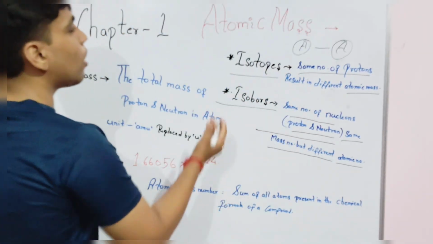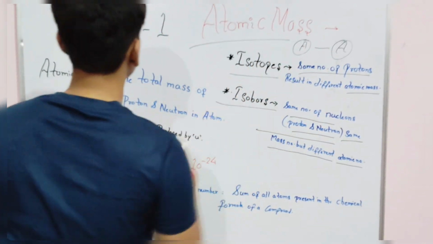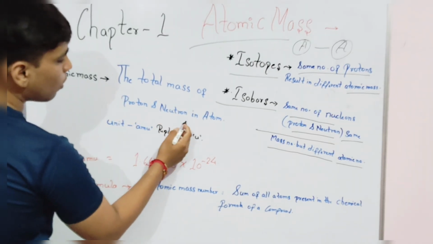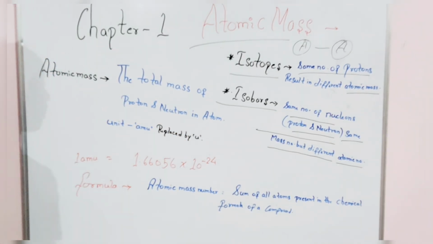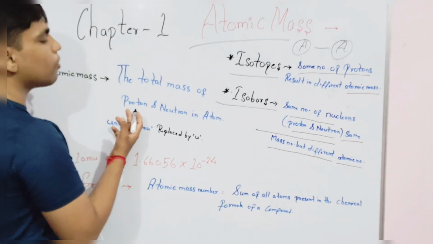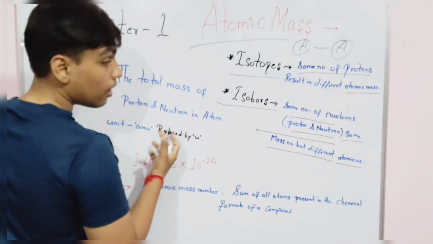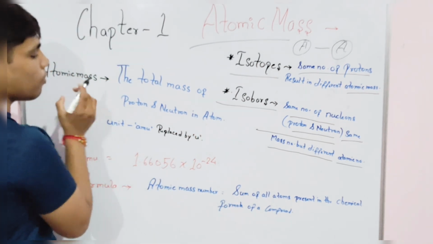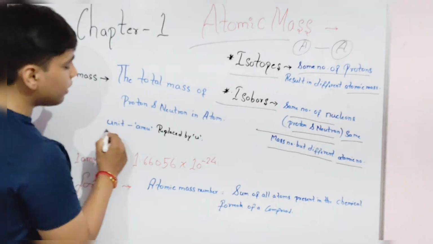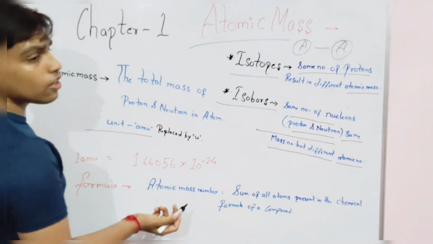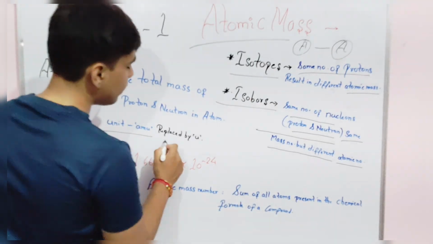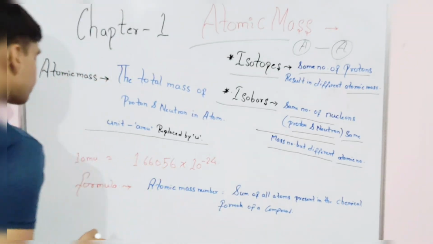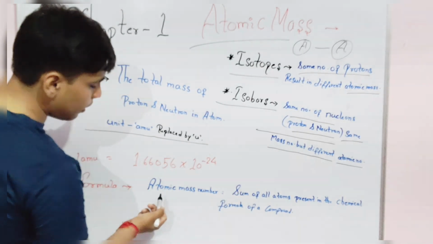So we can move to atomic mass, the main topic of this video. Atomic mass is the total mass of protons and neutrons in an atom. Its unit can be written in a shorter form as AMU. It is replaced by u; in our textbook it is written as u. So 1 AMU is equal to